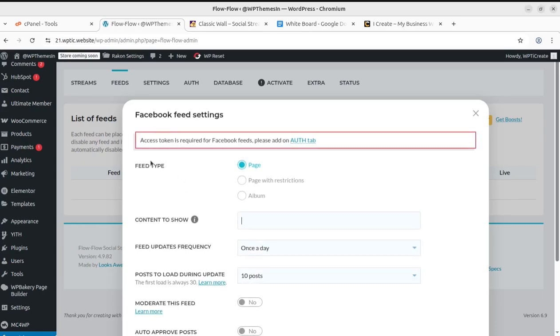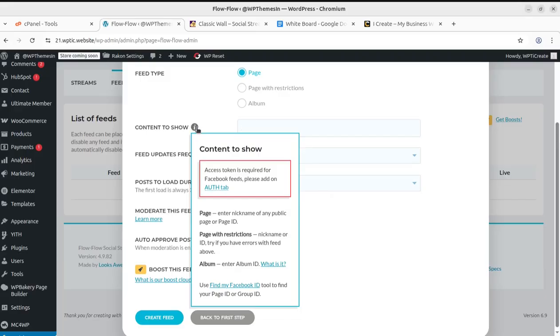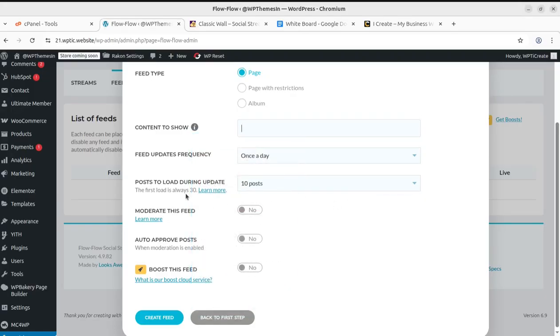Like if you are selecting Facebook, you can choose the feed type. It can be page, the page with restrictions, the album, or you can choose the content to show. So content to show is access token. Here the access token is required, of course. So you can use the authorization tab of the Facebook account, and you need to go through the settings and all. And it goes without saying, you need to complete all these requirements, and you need to configure all these